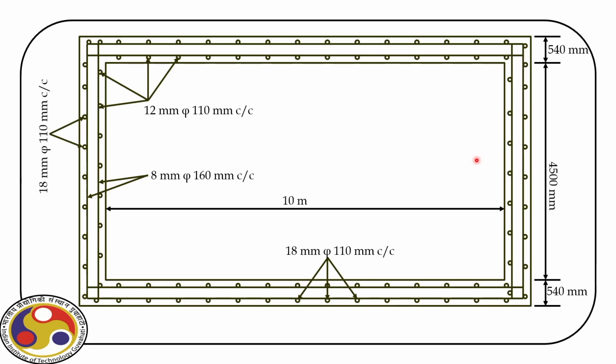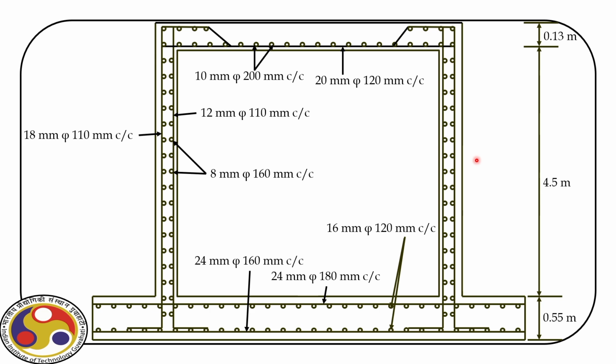Now, once that is done, we have to go for a detailing. As you can see, we have the side walls, and you can see the plan view where we have the detailings for the side walls. So, we provide all the steels that we have estimated accordingly and mention their spacings. Then this is the cross section where we can see the reinforcement for roof slab and the base, right? So, you can see different steels that we have identified along with the distribution steels, and that completes the design.